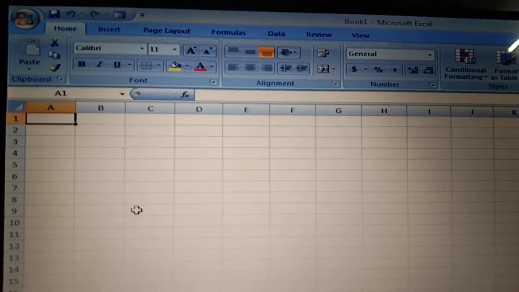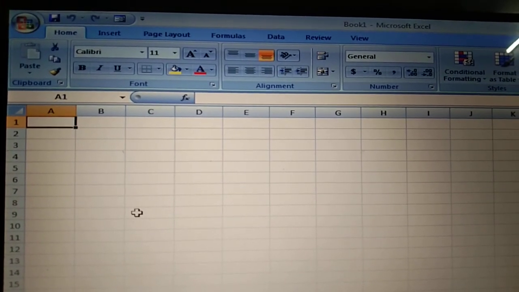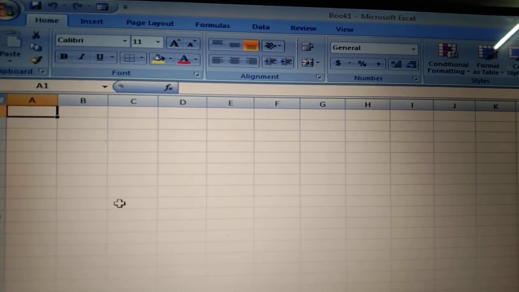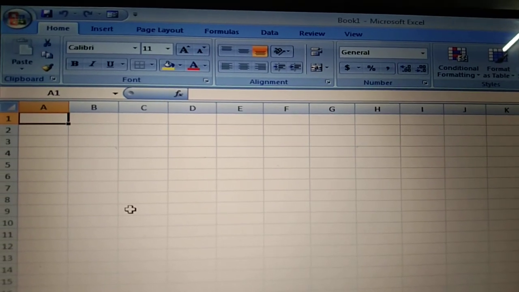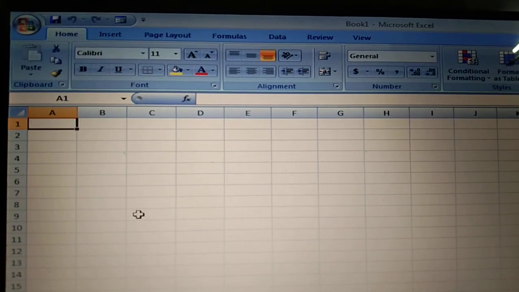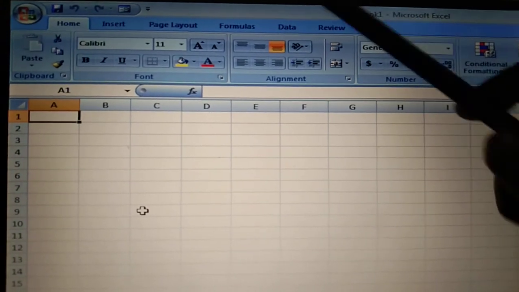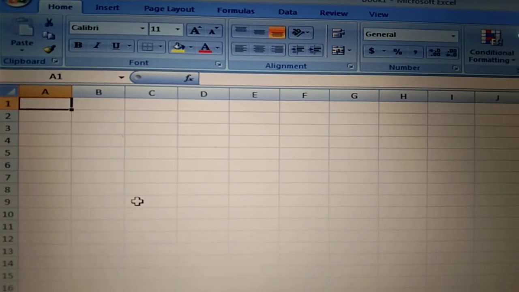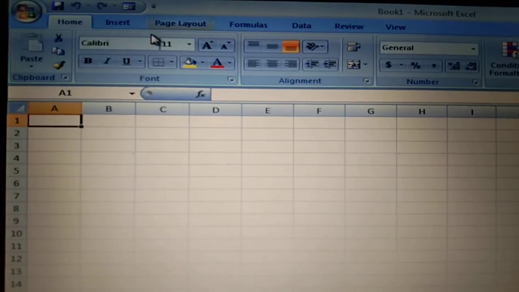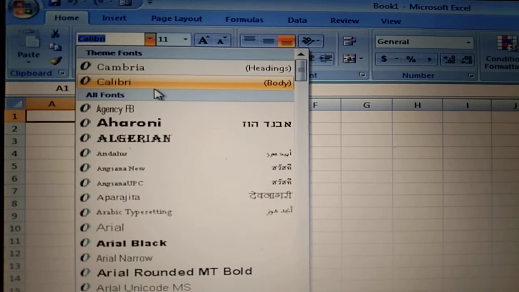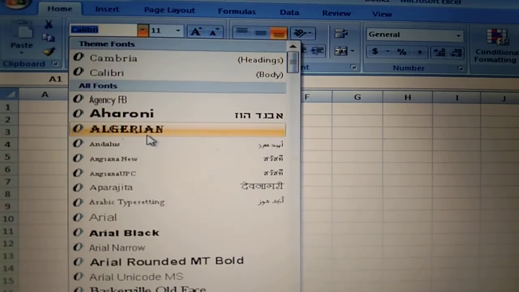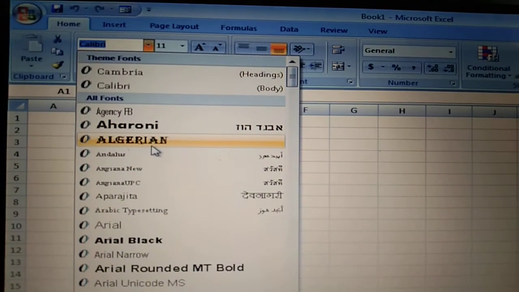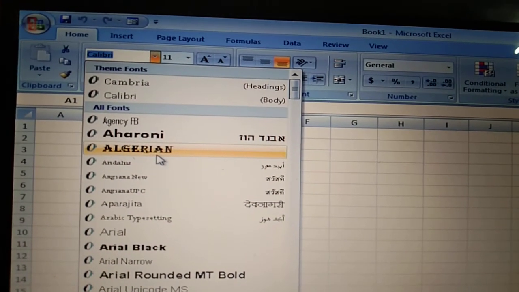Afterwards there are various color options, font size, text alignment options, merge cell, number format, etc. An important feature is that we can change the text language from here. If I want to change the text language, various options appear. According to our own choice, we can choose the theme font. This is a very important feature and a common formatting tool.